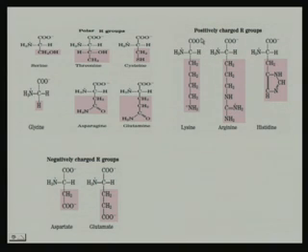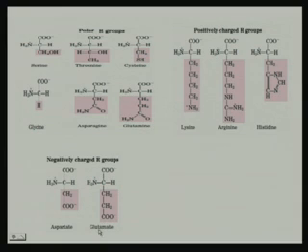When we come to the basic amino acids, otherwise known as positively charged amino acids, we can find that in lysine there are additional amino-containing groups. Arginine has a guanidinium group and histidine has an imidazolium group within it, and they have this additional amino-containing group, and that is the reason why they are called basic amino acids. Whereas the negatively charged amino acids are aspartic acid and glutamic acid.